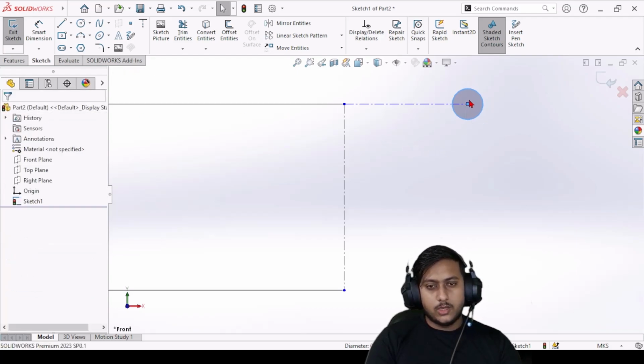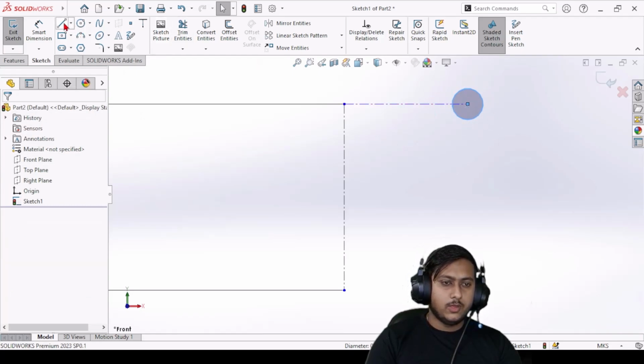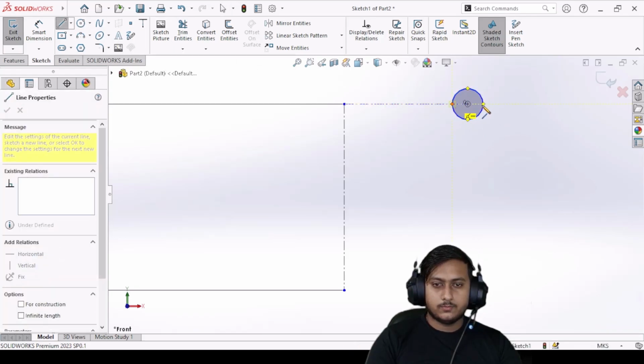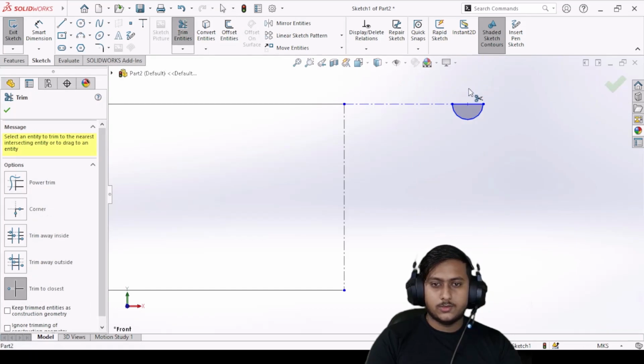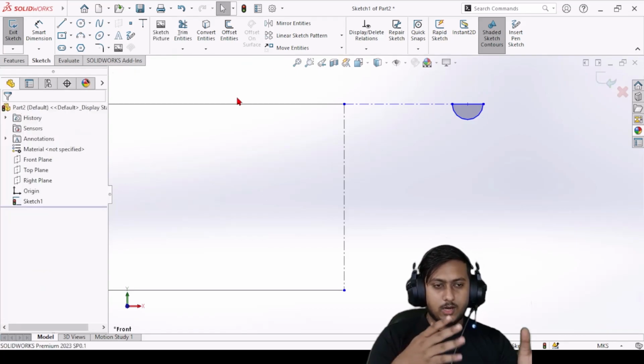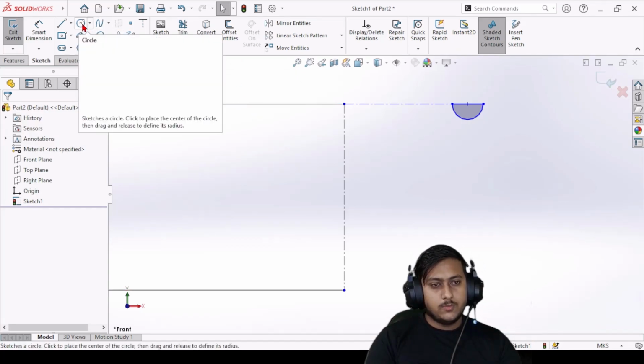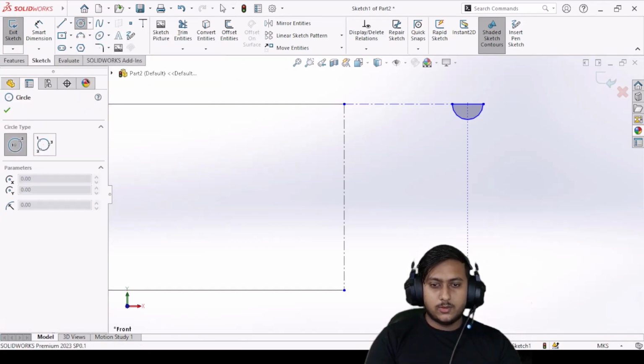After clicking on OK, now we don't want this upper arc. We just want this below arc. So what we can do, we can just make a line, and now just go to trim and just trim the upper part. That's it. That's how you can make a semicircle. Or you can use an arc and just use a line to close it as well. Up to you. Just make a similar one on the bottom side as well,